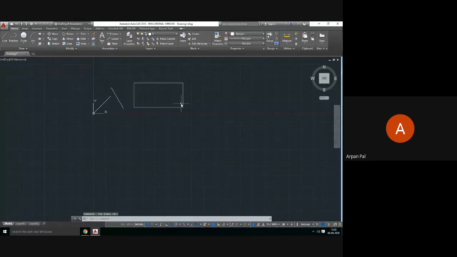Now intersection, all these things will show, when you try to draw, endpoint, midpoint. Suppose you are making two lines like this, then obviously it will show the intersection point. If you want to draw a line, this is showing an intersection. So object snap, ortho mode, dynamic mode, and this line.